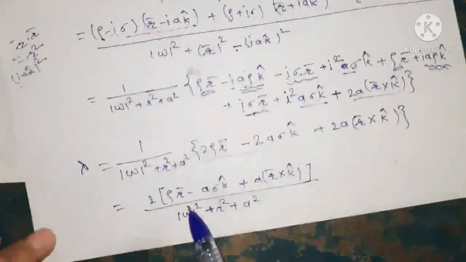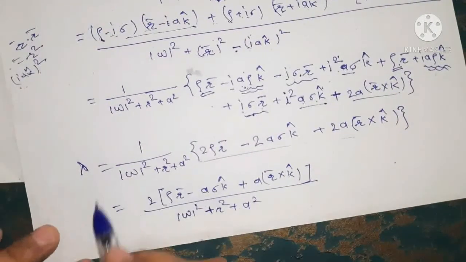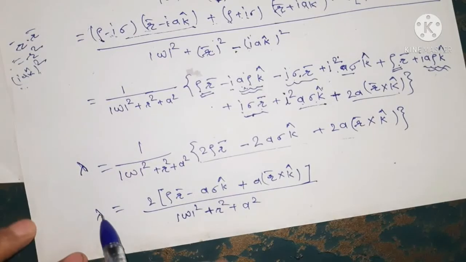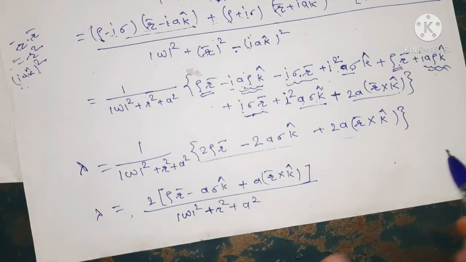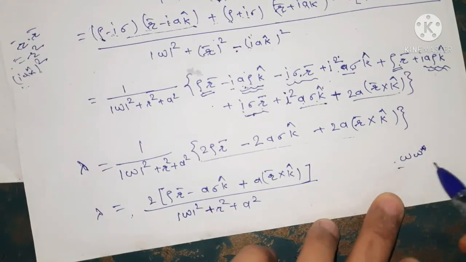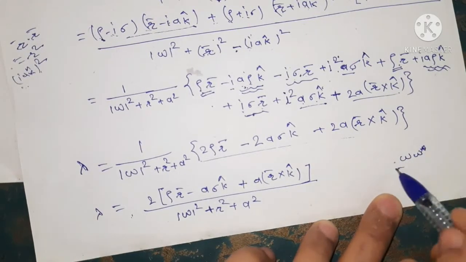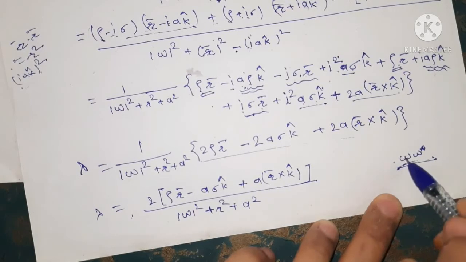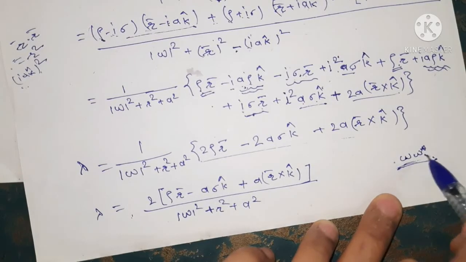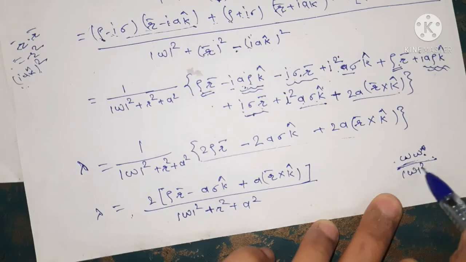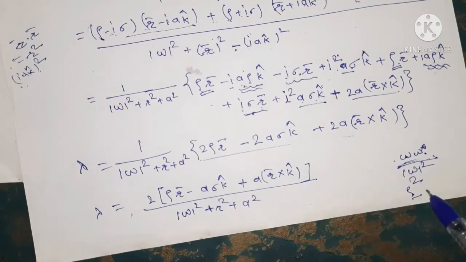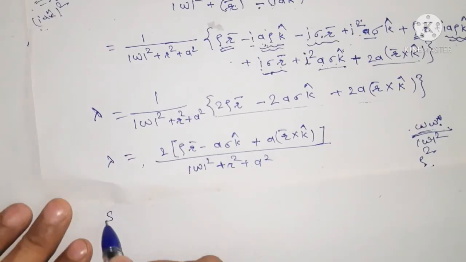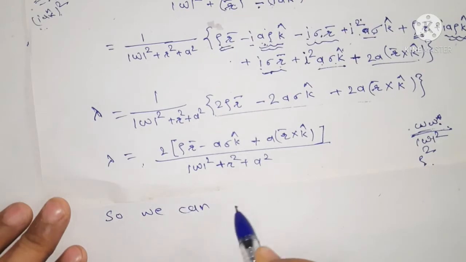Now we use equations 12 and 15 to simplify the value of lambda. That is about the equation for omega into omega star. We multiply the values of omega and omega star, and we find the value of omega square, and also we find from equation 15 the value of rho square. Okay, so see how we can simplify here.